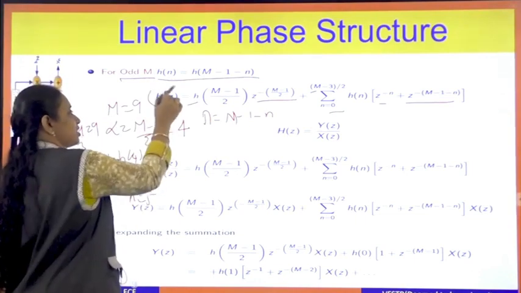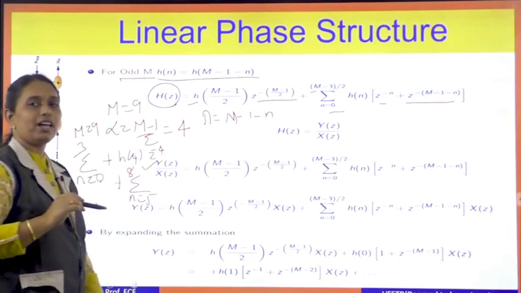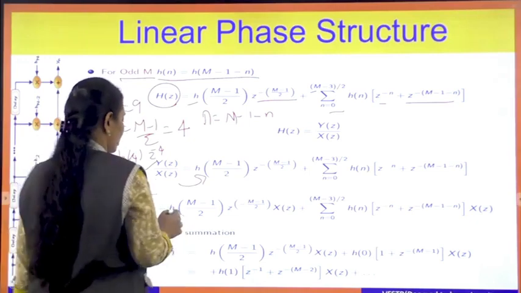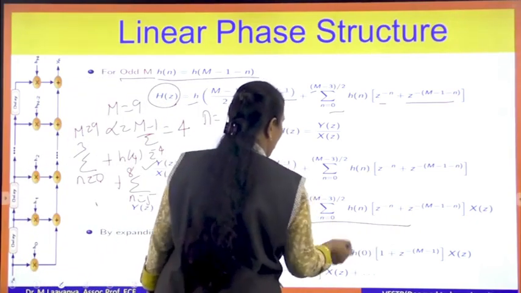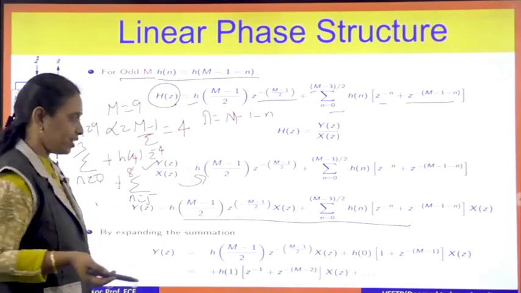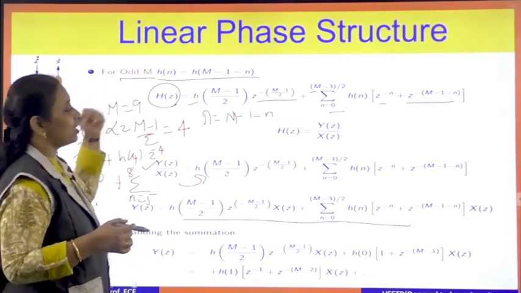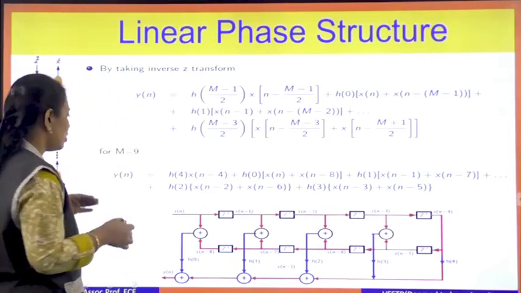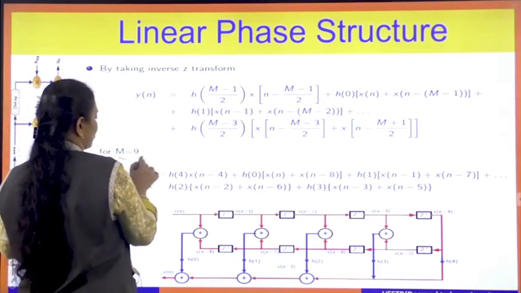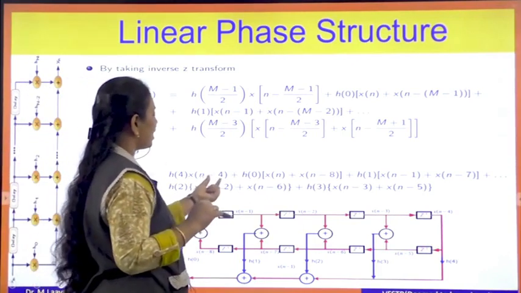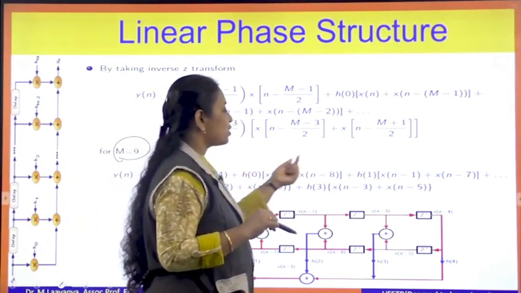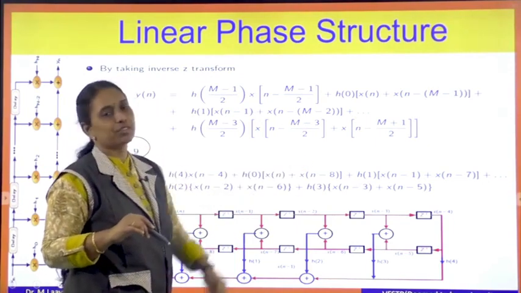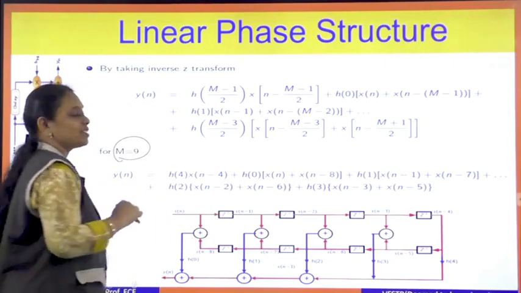What is this? The transfer function H of z. So take that as Y of z by X of z and bring this Y of z to the right hand side. After bringing the Y of z, I will have the equation like this. Now you can expand the equation and write it, for example, for m equal to 9. If you want, you can keep it as such, otherwise you can take the inverse also. So we have y of n. For m equal to 9, the center of symmetry is 4, and h of 0 and h of 8 will be equal, h of 1 and h of 7, h of 2 and h of 6, h of 3 and h of 5 will be equal, and the fourth is my center of symmetry.